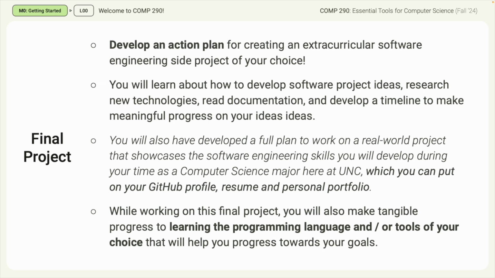And you'll also, by the end of the course, have a timeline to be able to follow when you're done with the course, and hopefully work on this project. So that is a tangible thing you'll have at the end of the class. Another thing, as you can see here, once you're working on this project, you can also display it on your GitHub profile, on your resume, personal portfolio, so it'll be a great thing to show